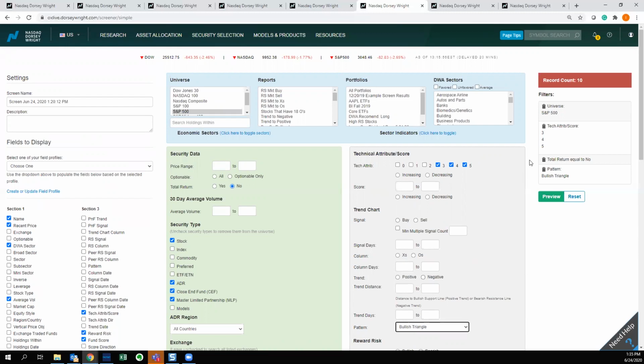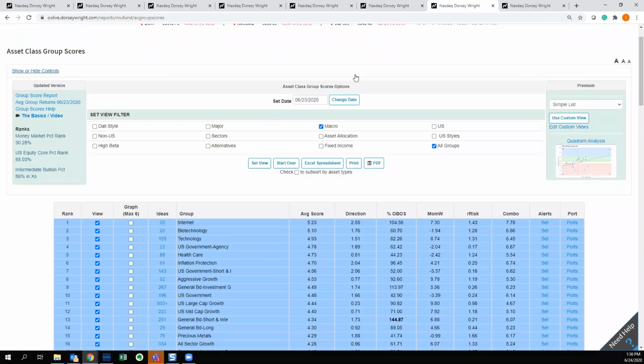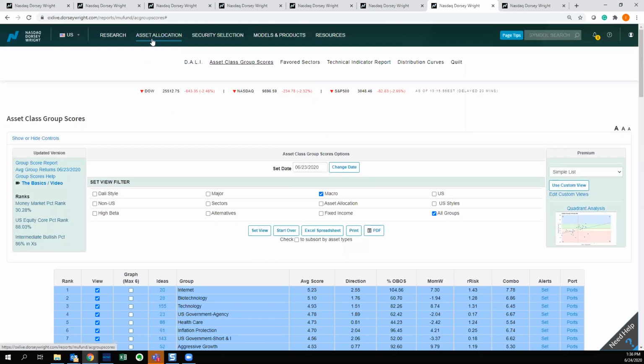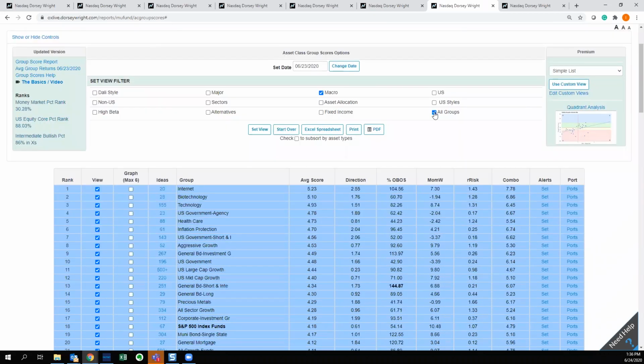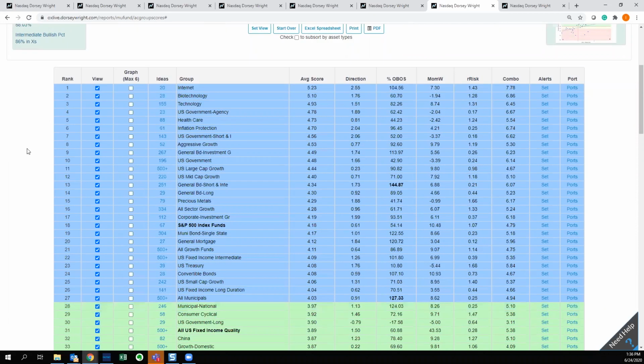And shifting gears a little bit on that note, one of our favorite tools that we use to identify comprehensive views of short, intermediate, and long-term strength and weakness is the asset class group score tool, which is found under asset allocation. And this is going to be looking at all of the different asset classes that we survey publicly, 135 in total, across all global asset classes, including their mutual fund and ETF constituents. So we take their respective fund scores of all of those constituents, we aggregate them together, and then we rank